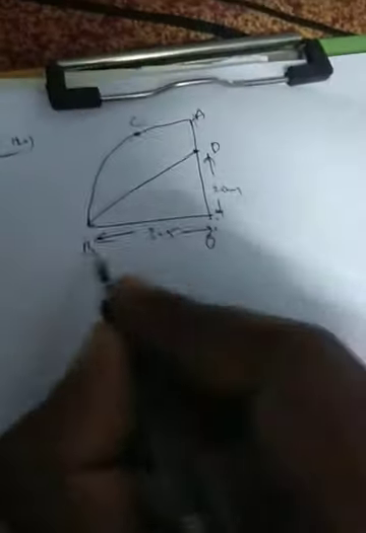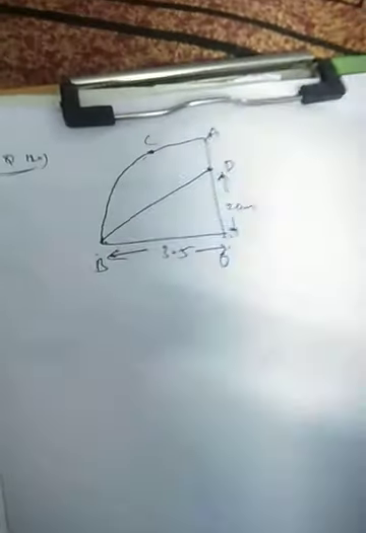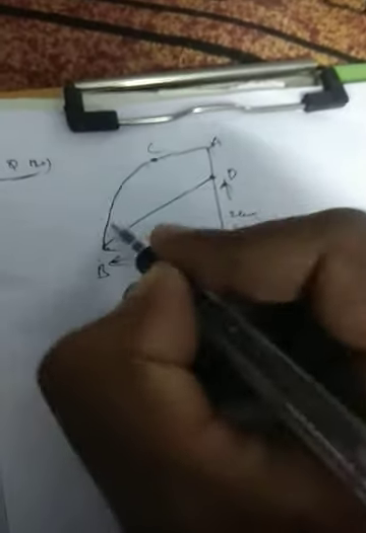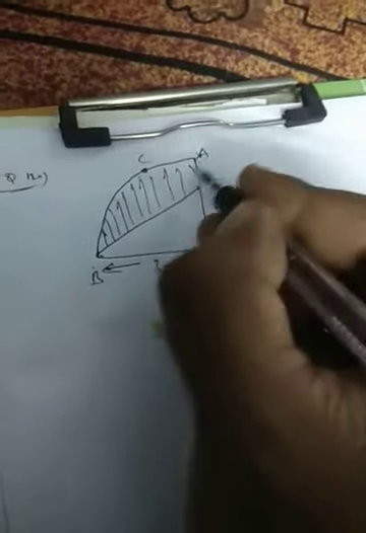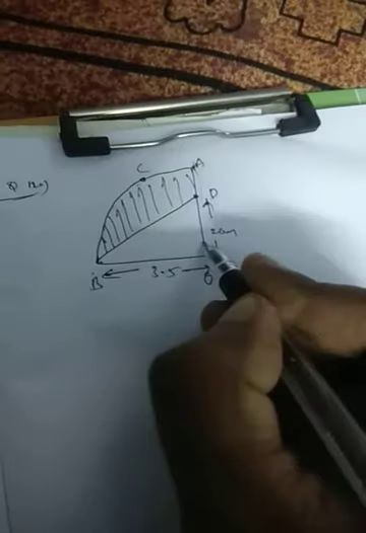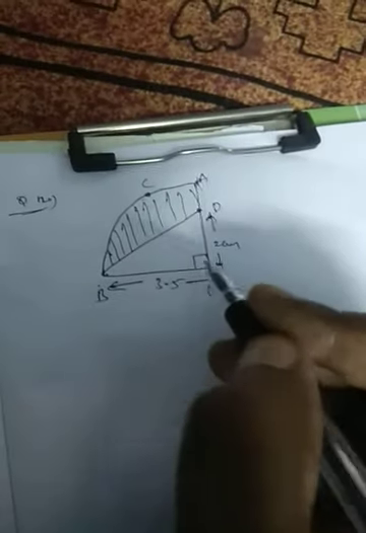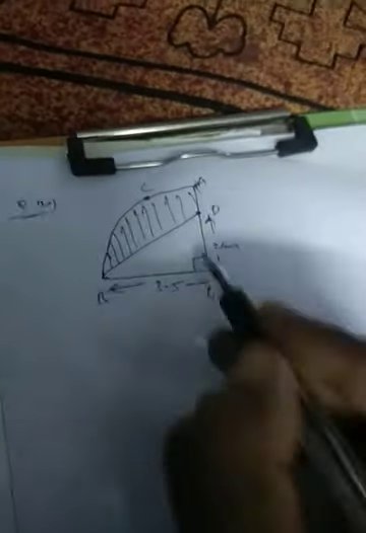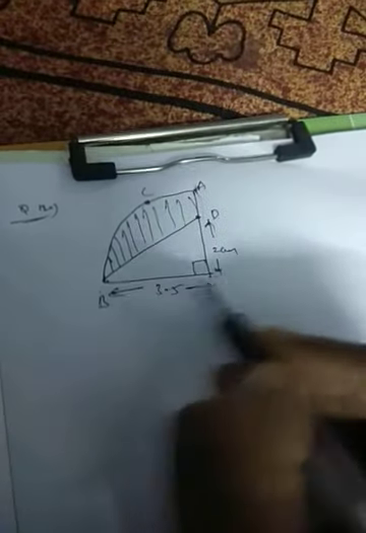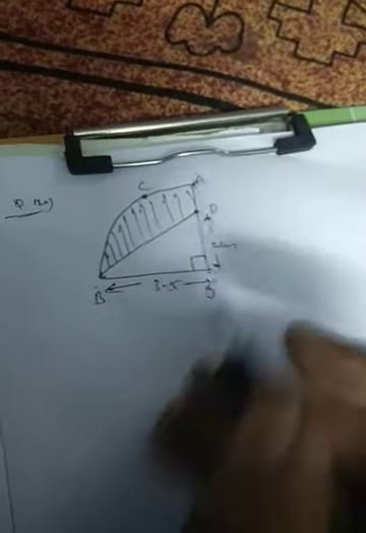Why? This radius and this radius will be the same. That is the reason. If it is 3.5, this is 1.5. Actually there is no need to find that one. Look here, this is the shaded portion. To find this area, this is a quadrant, so this is 90 degrees. From this sector we need to eliminate this triangle area. Obviously this triangle is a right angle triangle.